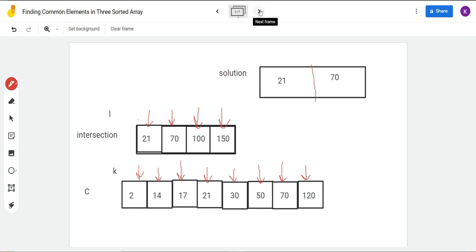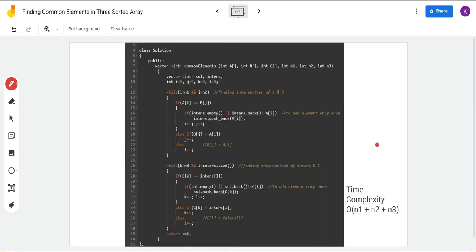So let's look at the code of this approach. Here in this code, we have a function called common elements. It takes the arrays A, B and C as its parameters and the sizes of these arrays n1, n2 and n3. We have created vectors, solution and intersection, to store our solutions.